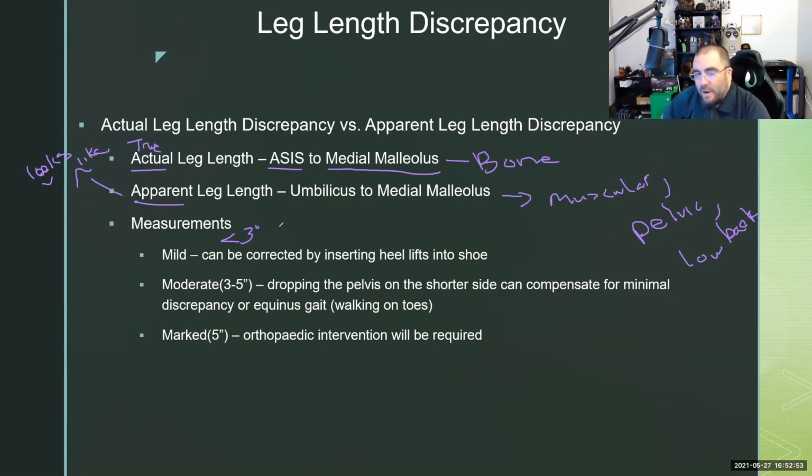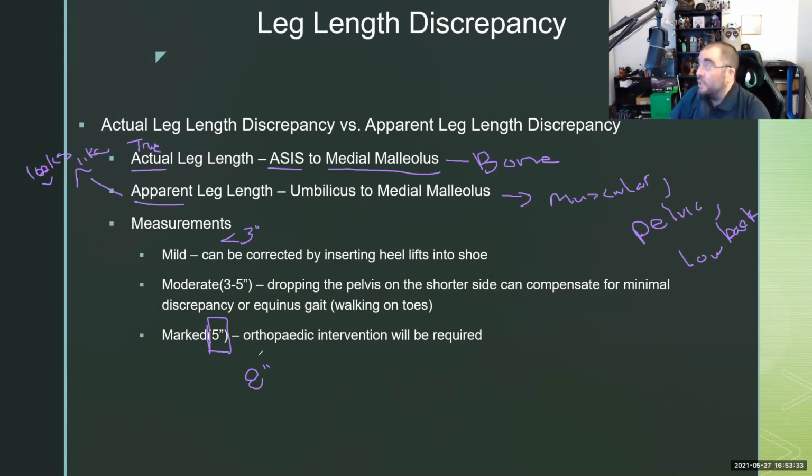A moderate leg length discrepancy is 3 to 5 inches. We're going to have to look at how to fix things. What's causing it? Is it muscular or is it bony? If it's bony, there's not much we can do other than helping them compensate for it. If you have a marked discrepancy of 5 inches or more, the most I've seen was a 16-year-old kid in our clinic in Pennsylvania who had an 8-inch leg length discrepancy. Think of that for a second. 8 inches. Size of a good sized trout.